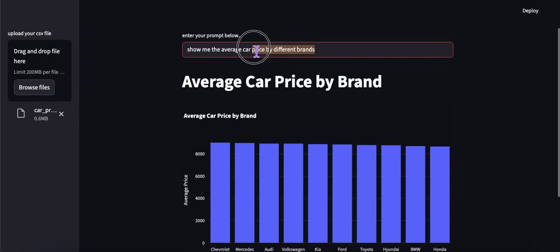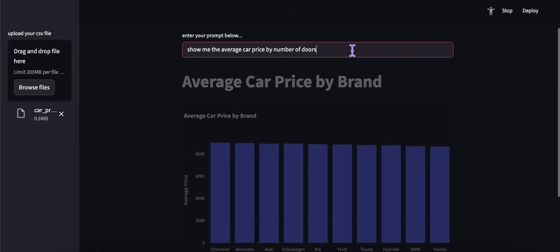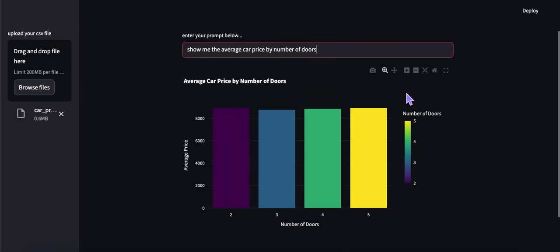So we can say, show me the average car price by... I'll come back and do some other queries or prompts here to really show you the power of this app. So before I get going and I show you how I did this and how you can do this,